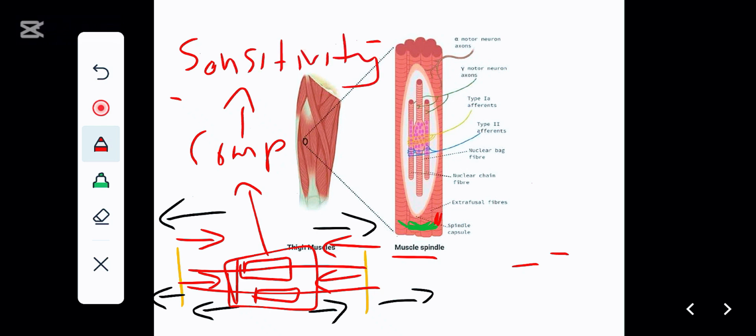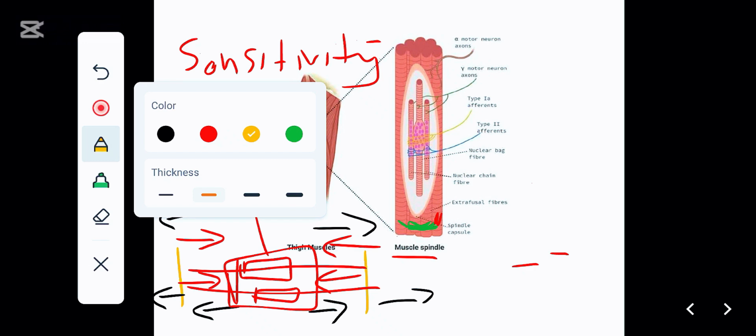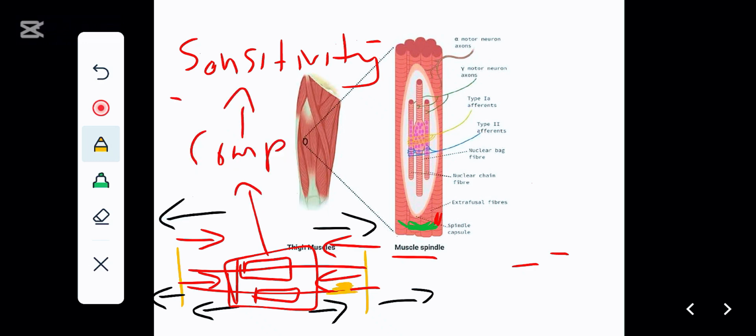Sensitivity is lost. So to maintain the sensitivity, we don't want the central portion to be squeezed. So what's going to happen is that we're going to have the gamma neurons come and innervate the peripheral portions, the portions of the intrafusal fibers that have contractile filaments, and initiate them to contract. So when they contract, it's going to be like this. So the overall muscle outside is contracting the muscle like this, but the